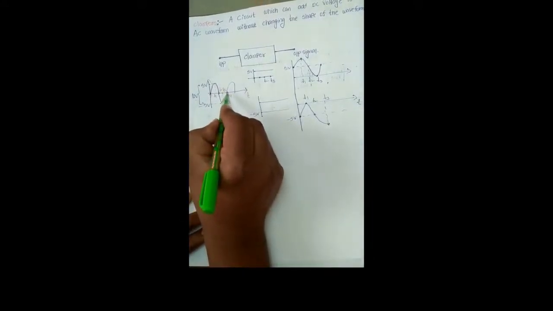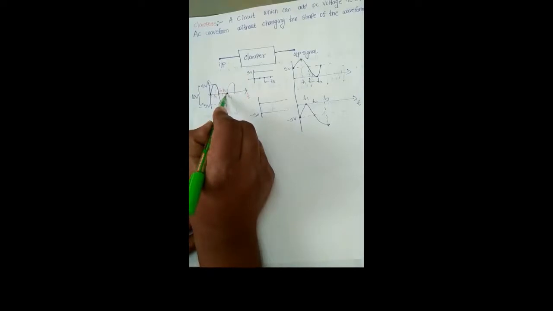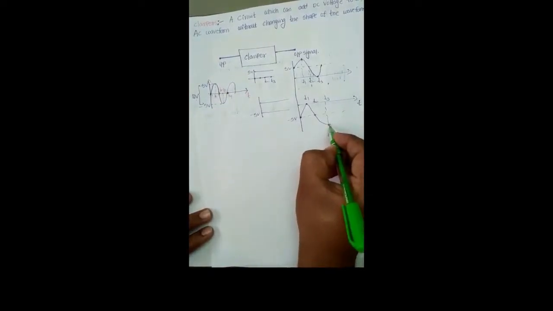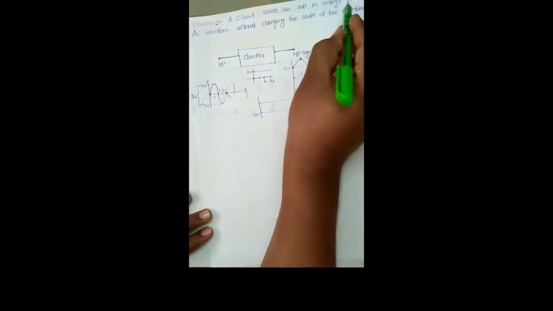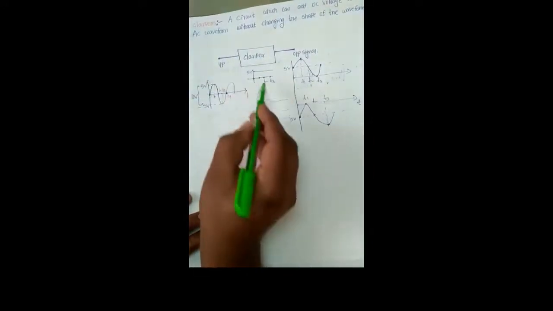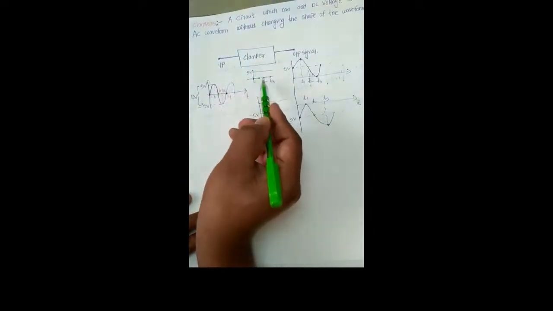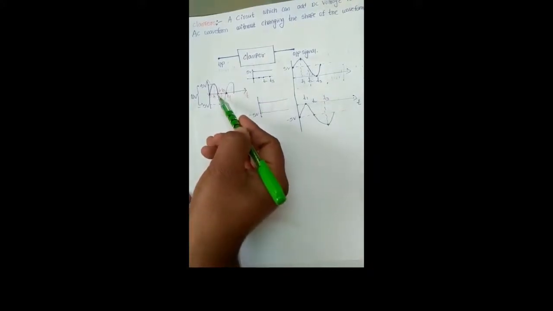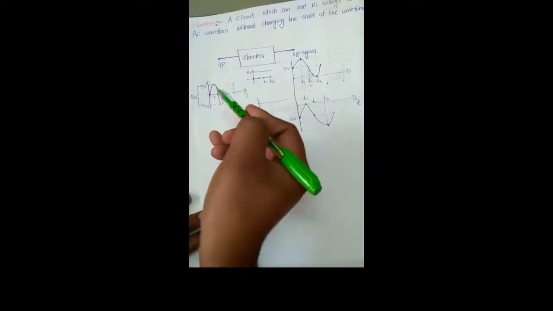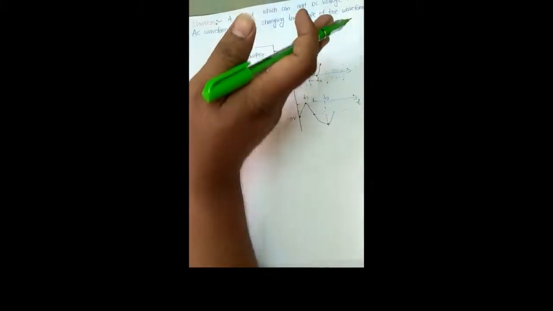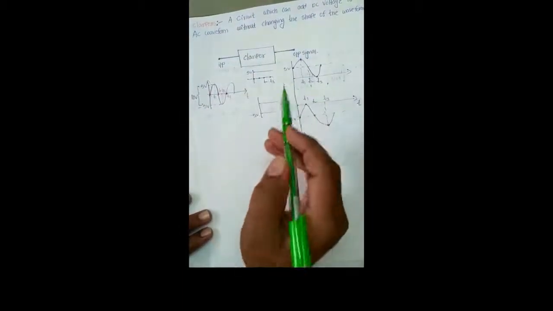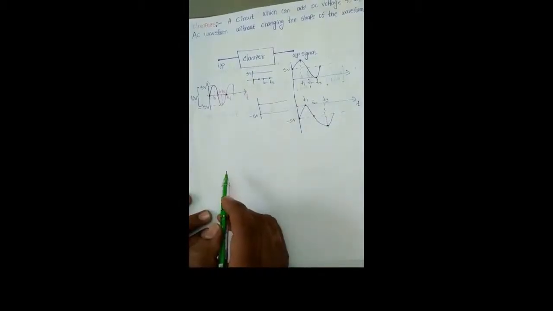And similarly at t equal to t4 instant, the input signal voltage is 0. 0 minus 5, we get minus 5 volts. Here we get minus 5 volts. It means that it is a circuit which can add a DC voltage to an AC waveform. This clamper circuit can add this DC voltage to the given input AC waveform. This input AC waveform can be clamped to either the positive side or the negative side. That circuit we call a clamper circuit.